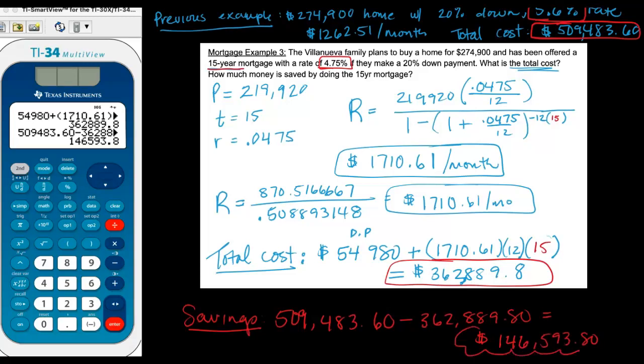Okay, so I get a savings of $146,593.80. That is huge. And so what this family should do is think about, okay, is it worth it? There's about $500 worth of difference here in their monthly payment, just approximately. So if they could come up with approximately $500 more a month to spend on their home, in the end, they would save